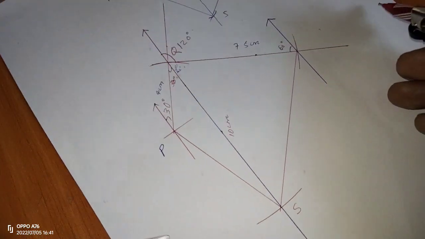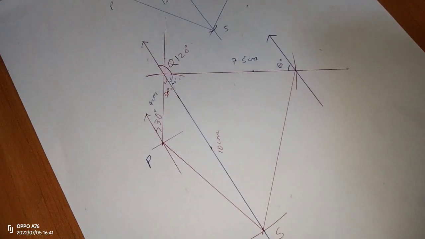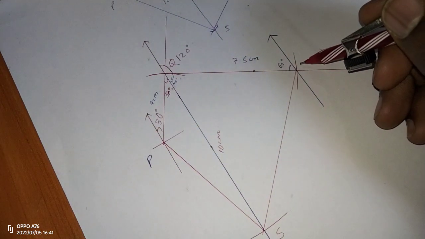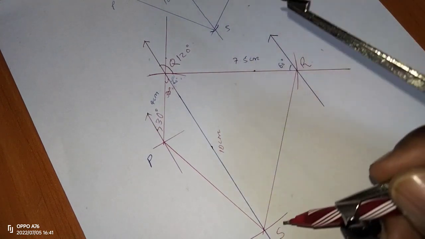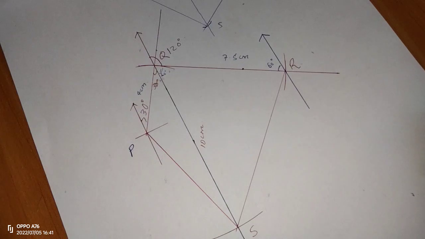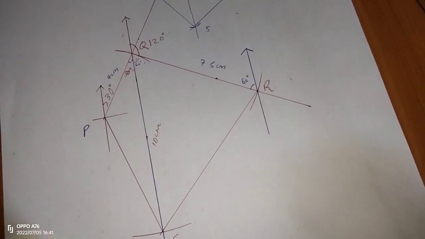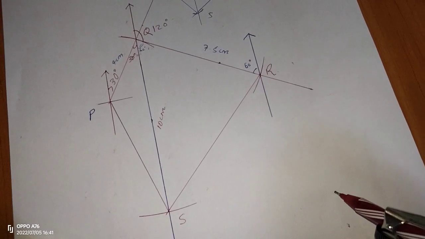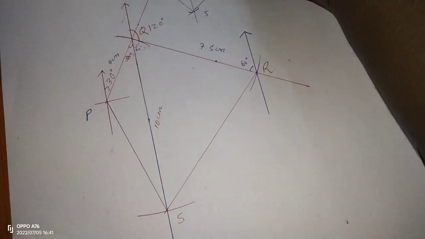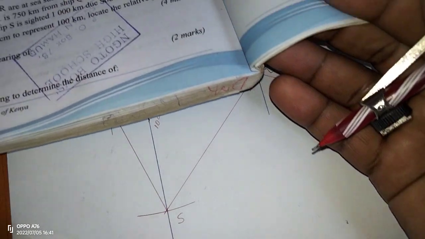So I have connected the 4 positions: P, Q, this one should be R, then S. So these are the relative positions of the several ships in the sea. So we are given several other questions like